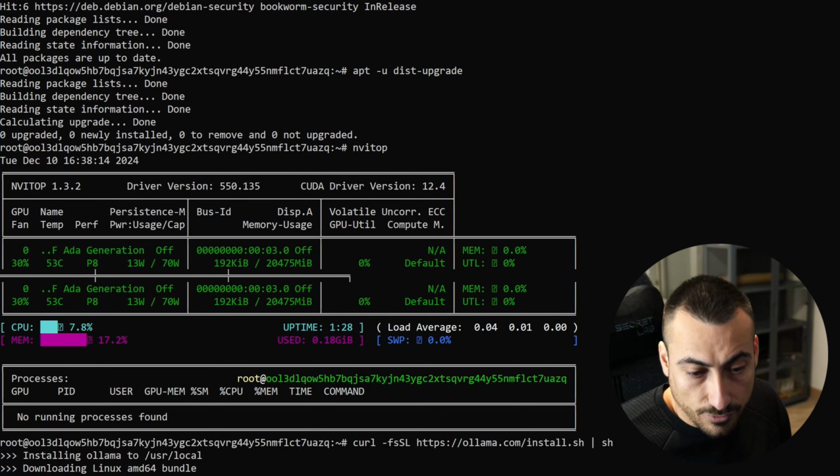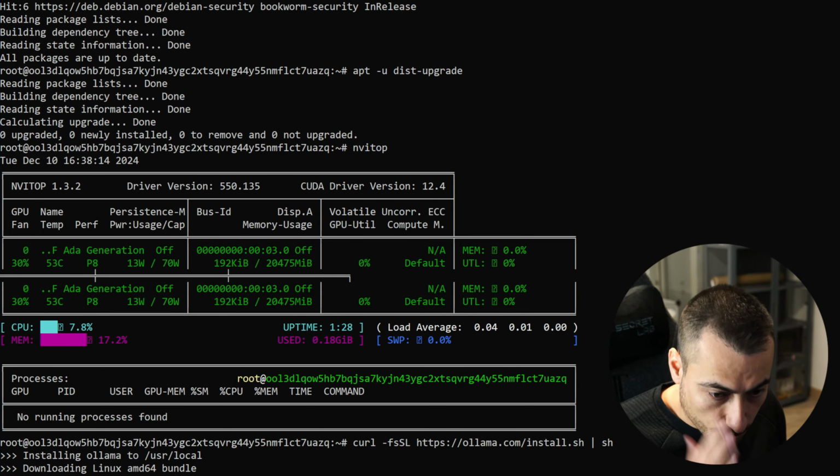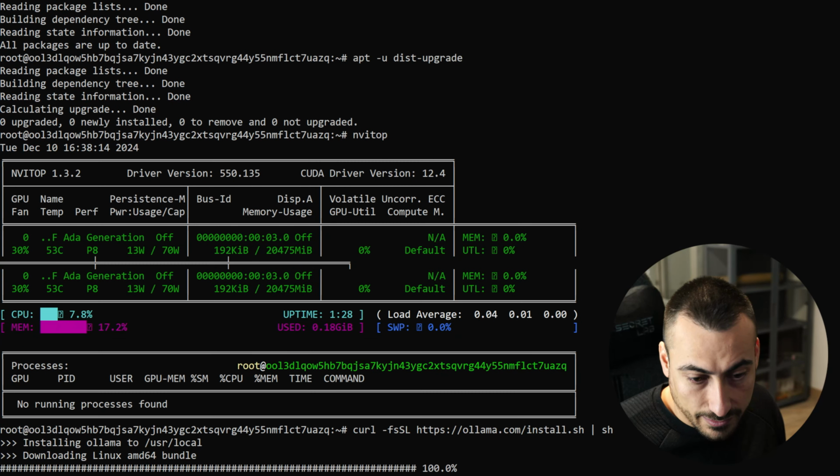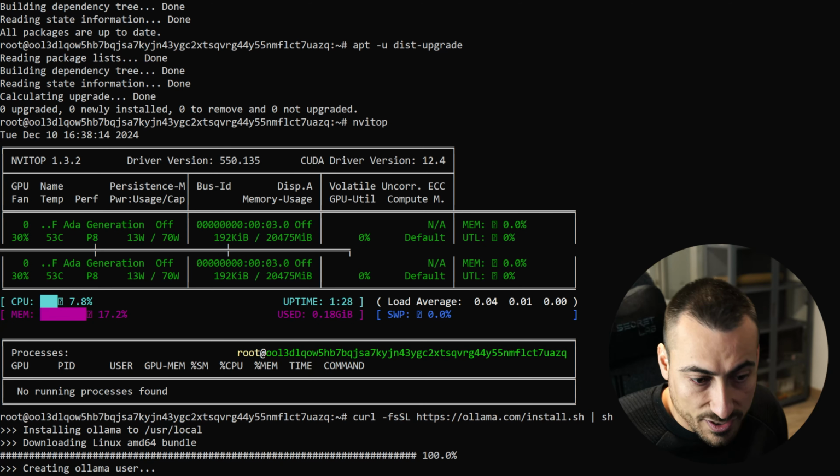Okay, now we have Ollama installed and we can just put ollama run tinyllama, the model that doesn't need so many resources. So now we are executing it,